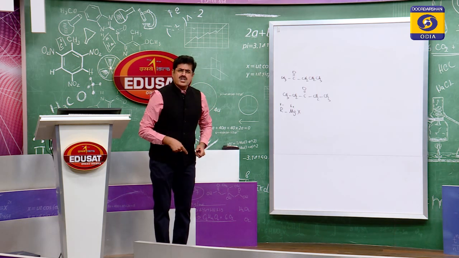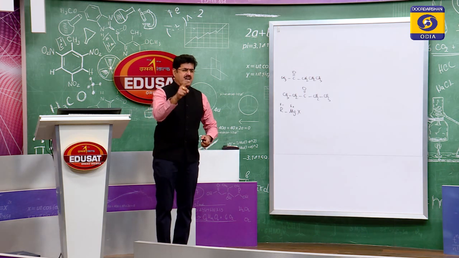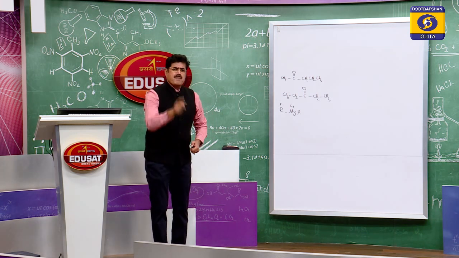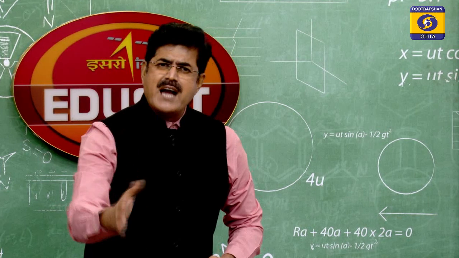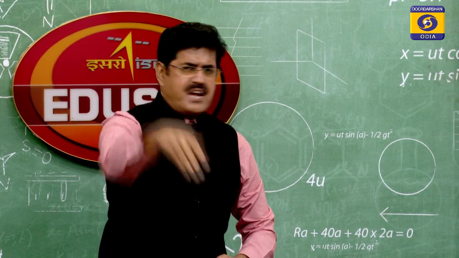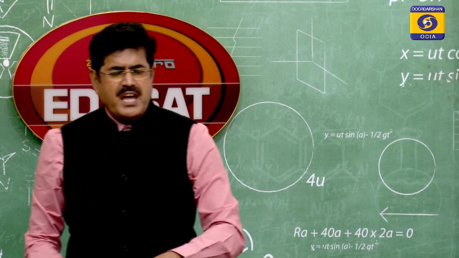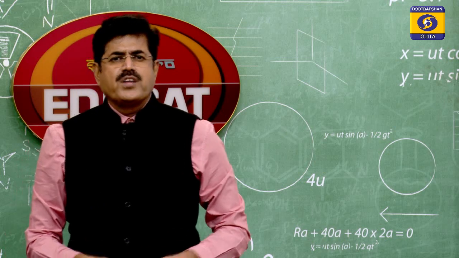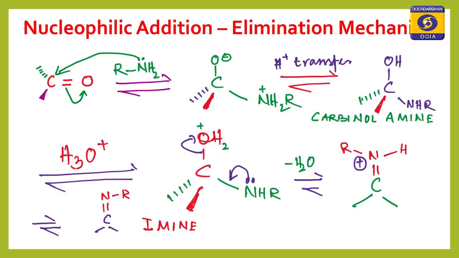Addition of Grignard reagent to carbonyl compound generates alcohols. Here, the first member of the aldehyde homologous series, formaldehyde, gives primary alcohol. Aldehydes other than formaldehyde give secondary alcohol. Ketones give tertiary alcohol with Grignard reagent. The mechanism is displayed on your TV screen. Let me repeat this sentence: formaldehyde gives primary alcohol, aldehydes other than formaldehyde give secondary alcohol, and ketone gives tertiary alcohol with Grignard reagent.